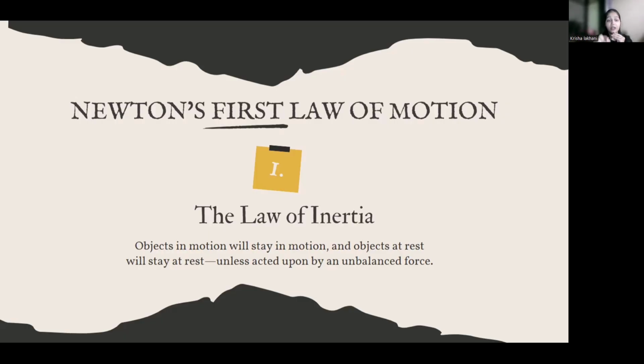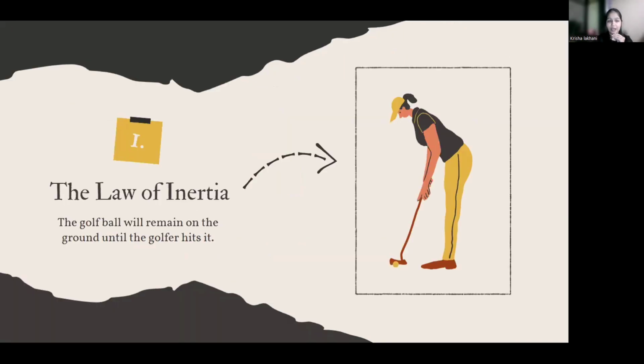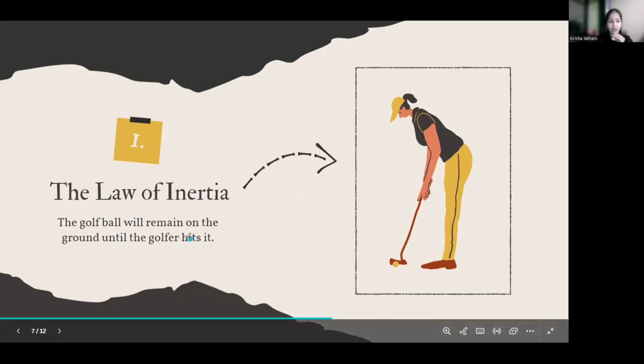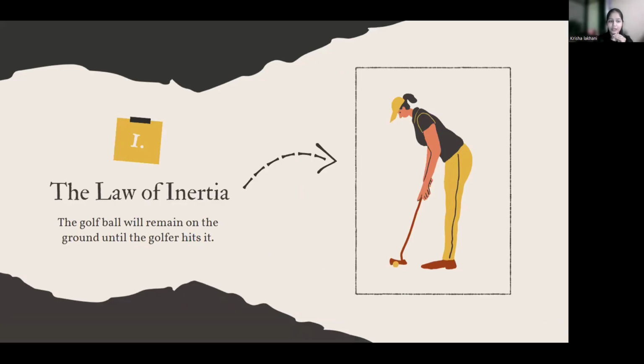सो नाउ हियर, कोई भी ऑब्जेक्ट रेस्ट पे है तो वो रेस्ट पे ही रहेगा, और कोई भी ऑब्जेक्ट जो मोशन में है वो मोशन में ही रहेगा अनटिल उसके पास अनबैलेंस्ड फोर्स आता नहीं है. एक एग्जाम्पल यहाँ पर दिया है, द लॉ ऑफ इनर्शिया. द गोल्फ बॉल विल रिमेन ऑन द ग्राउंड अंटिल द गोल्फर हिट्स इट. जब तक वो पीछे से उसको हिट नहीं करते हैं, जब तक उसको पुश नहीं आता, तब तक वो गोल्फ बॉल वहां का वहां ही रहेगा. आई टोल्ड यू, इट इज द कैपेसिटी ऑफ द बॉडी, द ऑब्जेक्ट टू रिटेन इटसेल्फ, टू रेजिस्टेंस टूवर्ड्स इट, okay, to whatever is coming.